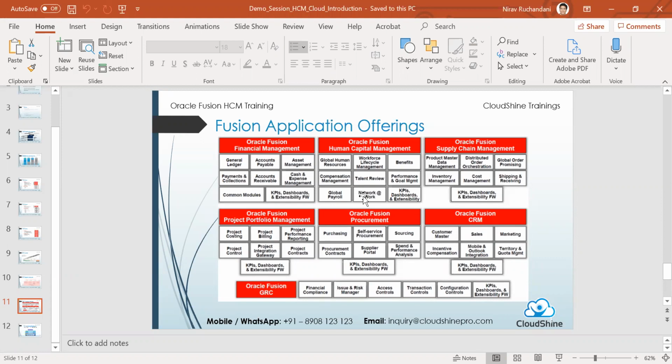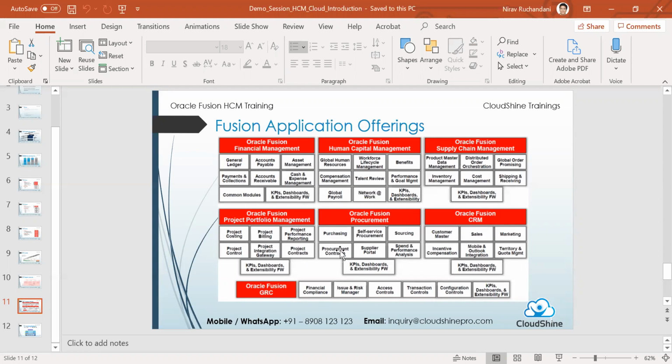But essentially, this is what Oracle Fusion HCM is, and it talks to finance, it talks to supply chain modules, it talks to project portfolio. If you are implementing it for a company that is mainly into projects, say a professional services company, or say a construction based organization, or any other organization which is into projects, you will have this particular project portfolio management there.